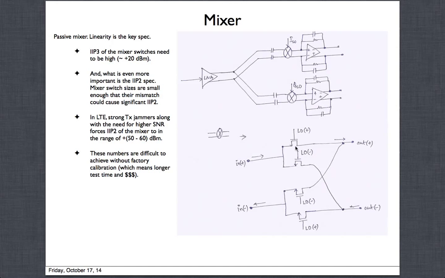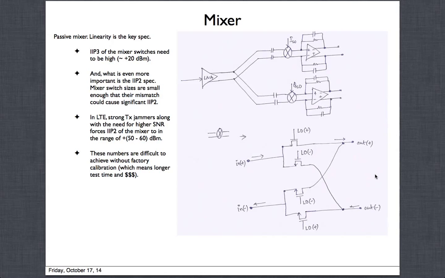What that means is every technology has numbers for how much mismatch will happen, and if you derive from there, you will see that this could have significant mismatches. I don't know how much, maybe 2%, 3%, 5%, 1%, it's based on the technology. But the key thing is, as the length has scaled down, the product of length and width, the area, has also scaled down, and they are causing significant mismatches. Whenever there is a mismatch between these switches, your even order terms will not cancel out. They will be there, especially the second order.